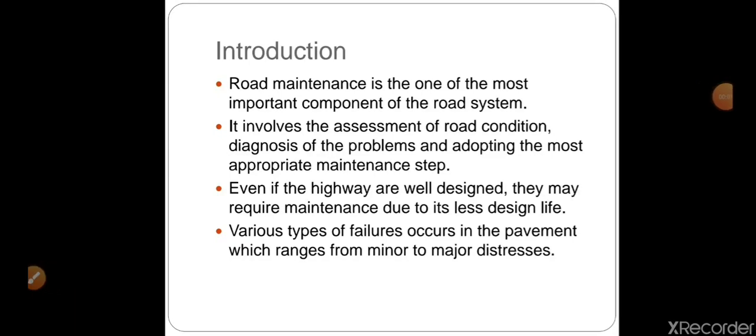Today we will see module number 3, that is flexible pavement maintenance, failures and maintenance. So we know that pavements are classified in two ways. One is a flexible pavement and one more is a rigid pavement. Flexible pavement is nothing but whatever bituminous surface we find. It is layered with the first layer as subgrade, then subbase, base, and after that a wearing course, or we call it surface course.